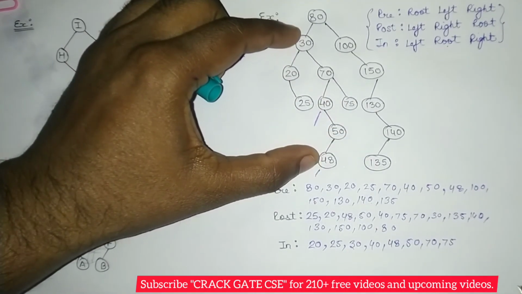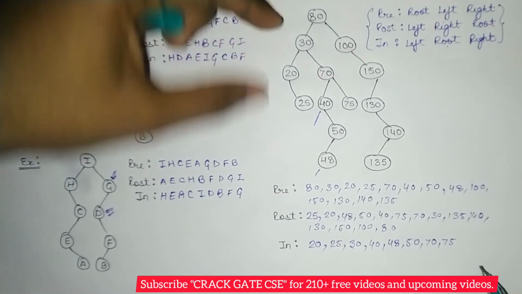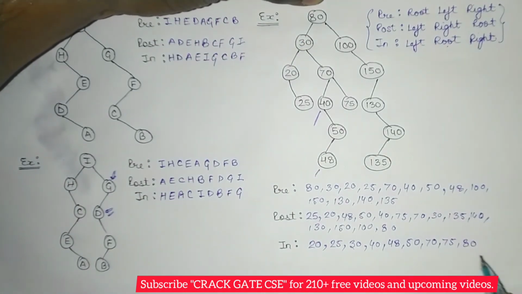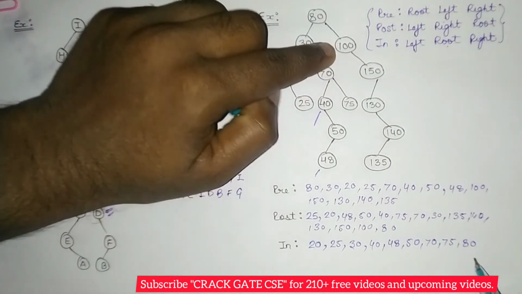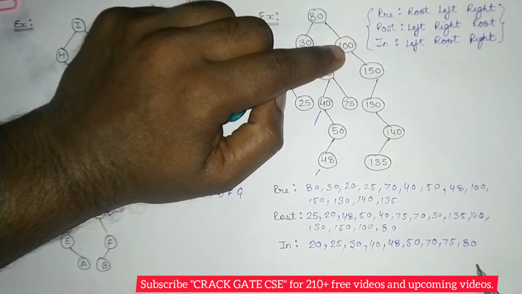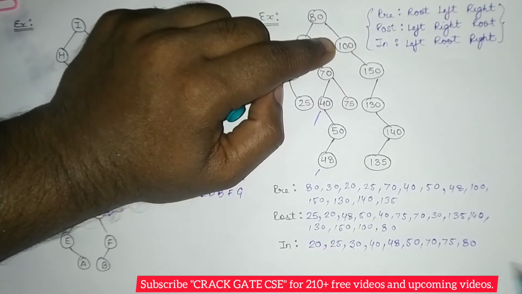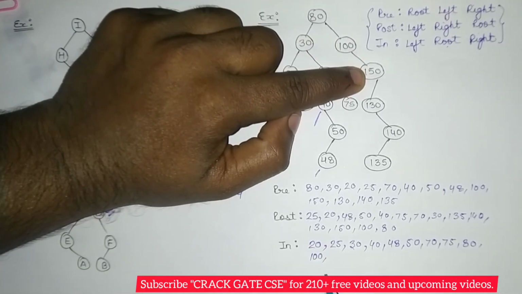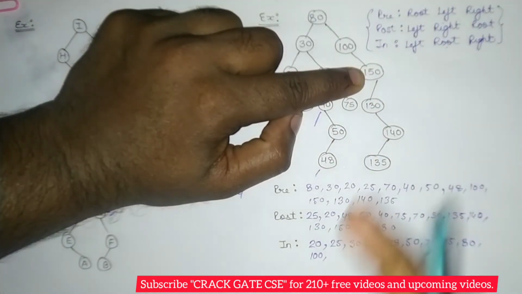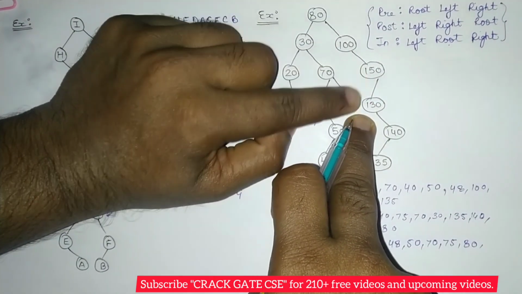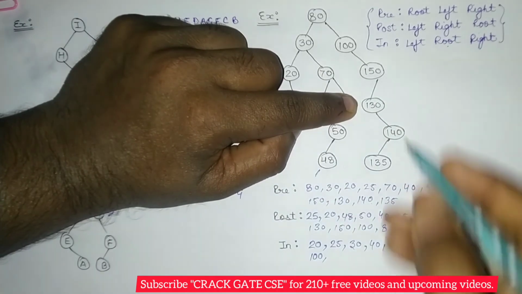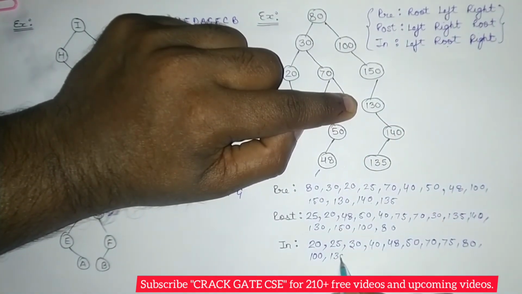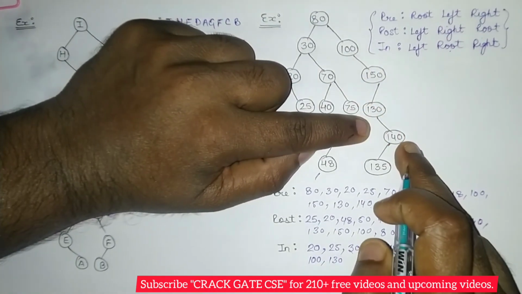So this complete tree is done. Now after this left, we have to print the root, which is 80. And then move on to the right. When we came onto this 100, check left. There is no left, so print 100, which is the root node. Then move on to the right. For 150, check left. Left exists, so move on to the left first. 130. Here check left. Left is not there, so print root, which is 130. And after printing root, move on to the right.